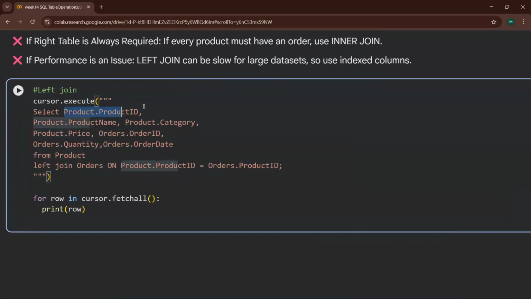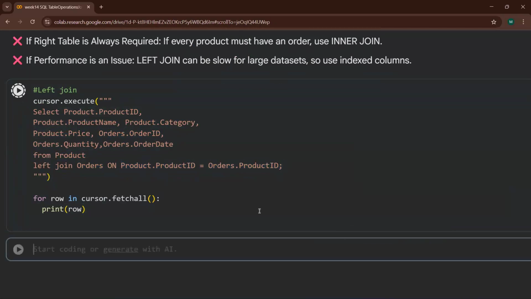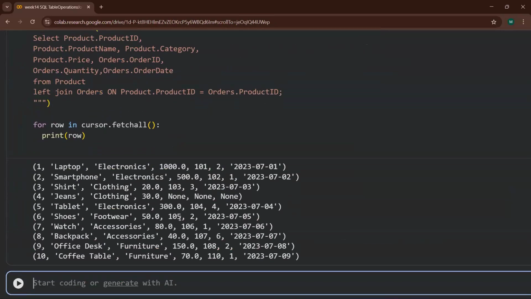We are getting product ID, product name, product category, product price, order ID, quantity, order date from product left join orders, because this time I want everything from my left side table, and the left side table is product. And at the end, just make sure that you are making both of the product IDs the same.